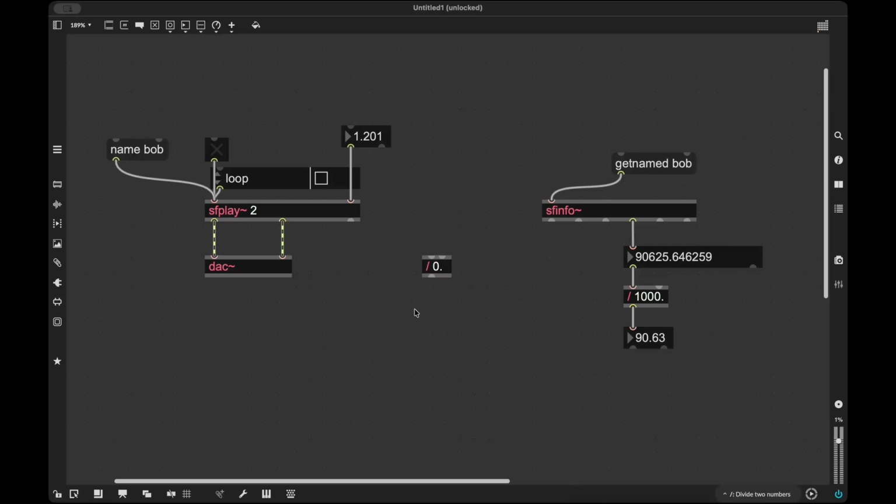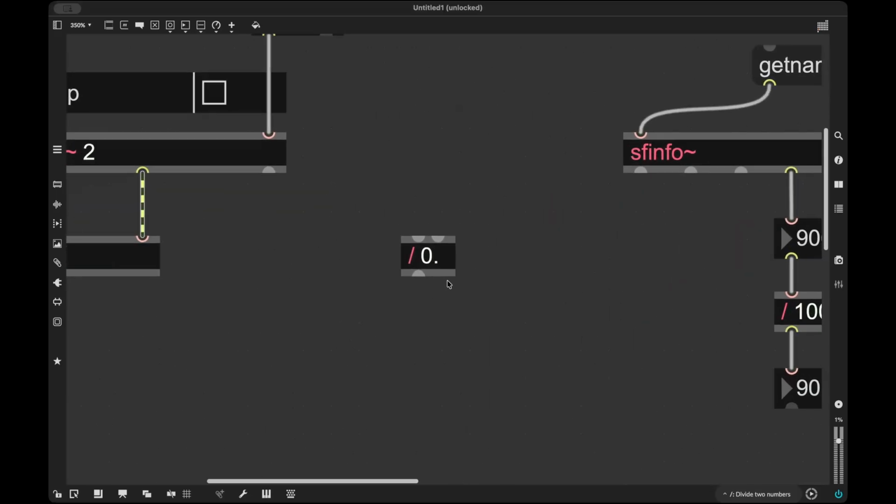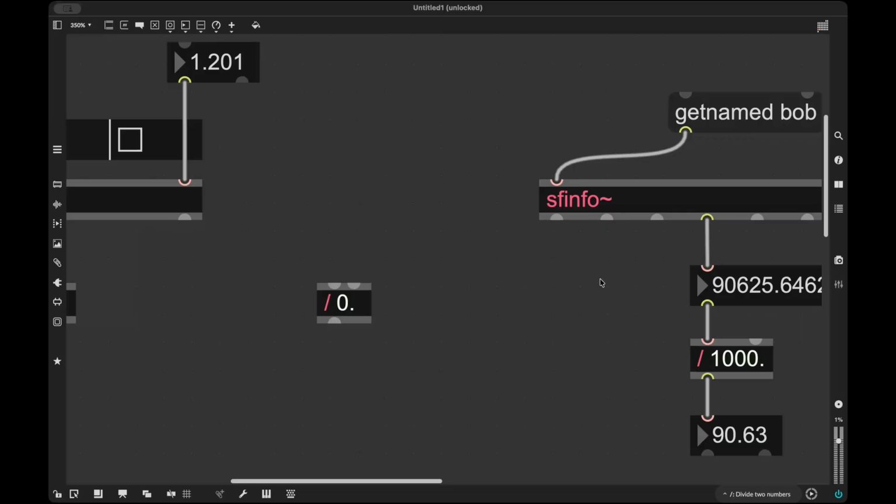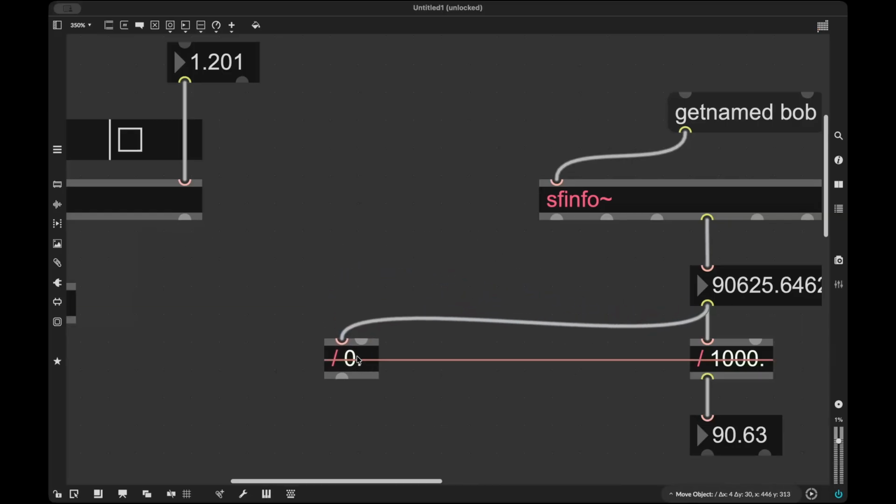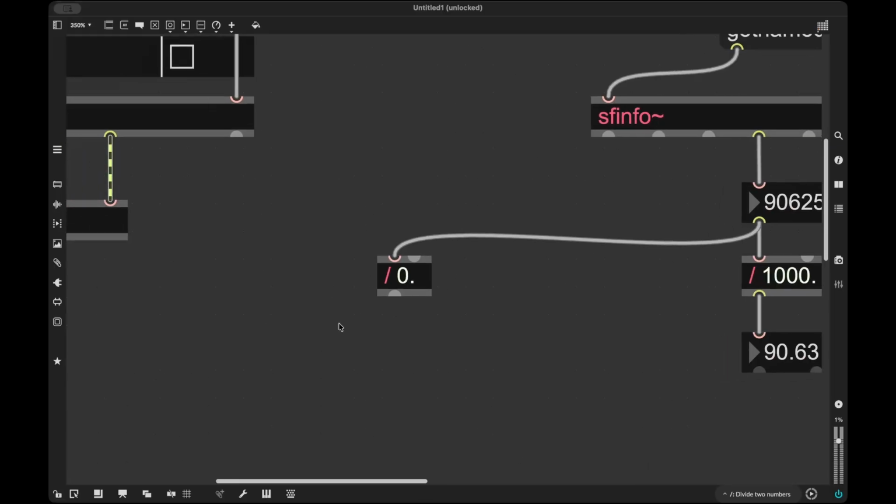So the trick here is that we have to divide this number by this, but our divide object has just one hot inlet and one cold inlet, and we need this number, our whole file's duration, to go into the hot inlet. And that means if this changes, this outputs the